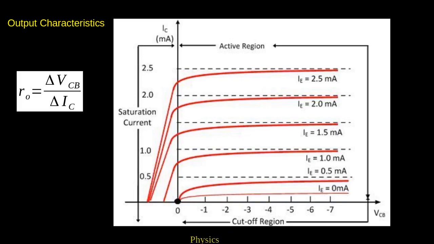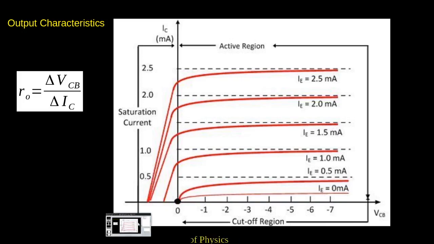The current amplification factor of the transistor is alpha, equal to change in collector current by change in emitter current. The current gain of the transistor is less than unity. The voltage gain of the transistor is medium, and the most important thing, that is the application. The common base configuration is used in the circuit of a multi-stage amplifier as an input. So these are the characteristics of common base configuration.